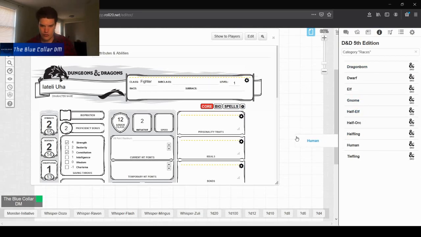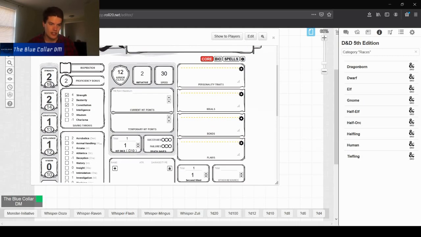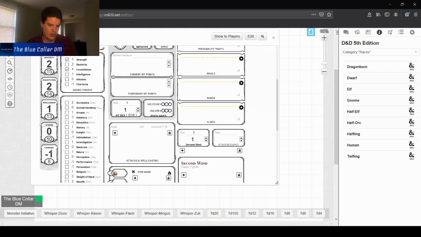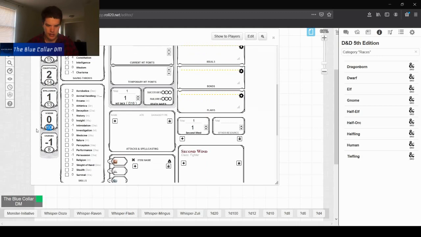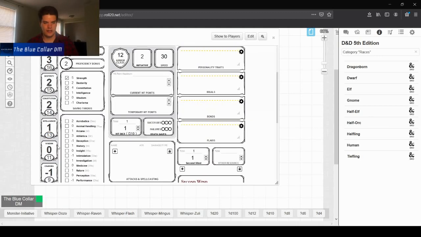I'm just going to throw the human over here. And as we put the human in, it's going to put in our speed. It actually doesn't raise our skills, so we do have to put that in here, unfortunately. I wish it did figure that out for us, but it just doesn't. As a human in Dungeons & Dragons, you get +1 to all your ability scores if you're just playing a base human. If you're playing a variant human, it's a little bit different, but we're not going to get into